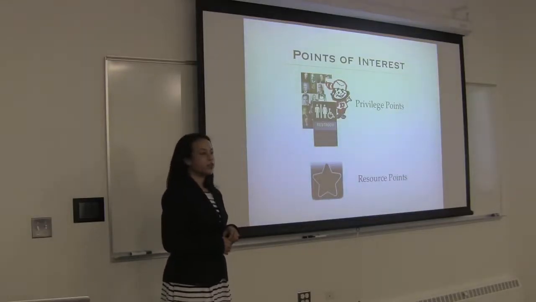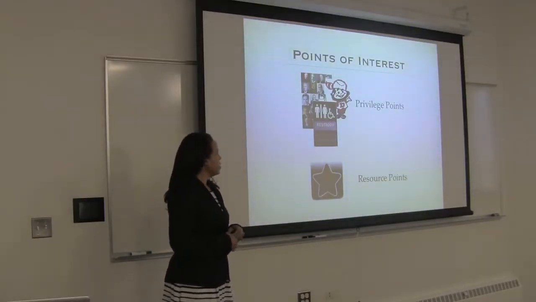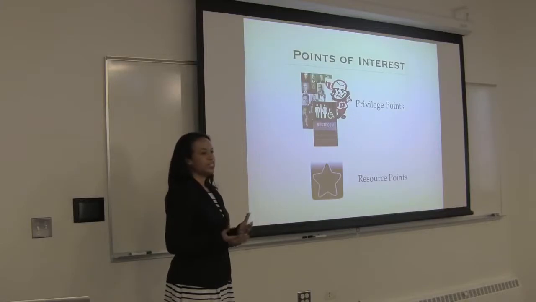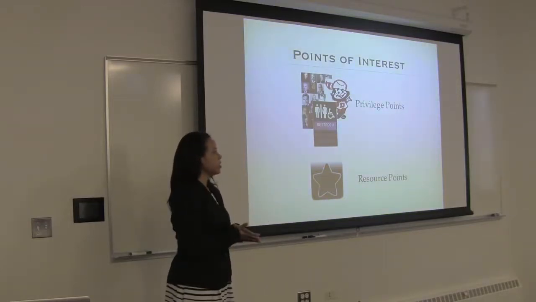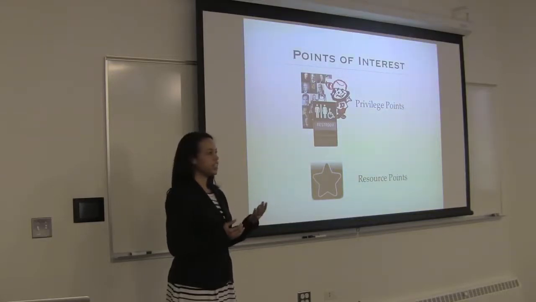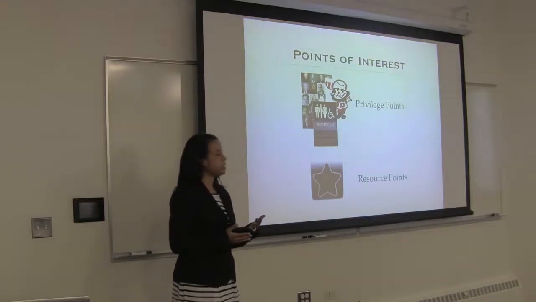And I felt that it was important to include the resource points because it gives you action. The privilege points raise the awareness, and then the resource points lead you to places where you can continue to have these conversations. And some of the resource points include the University Disability Services, which provides services for students with disabilities, the Women's Coalition, which houses 4 main women's groups for staff, faculty, and students. It's really about empowerment and leadership opportunities.